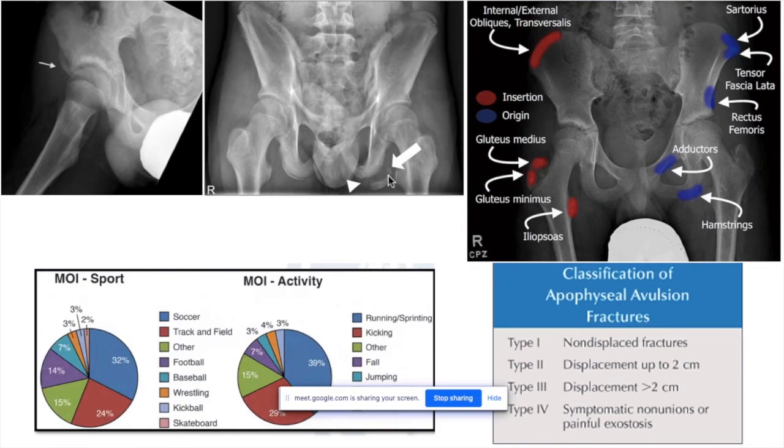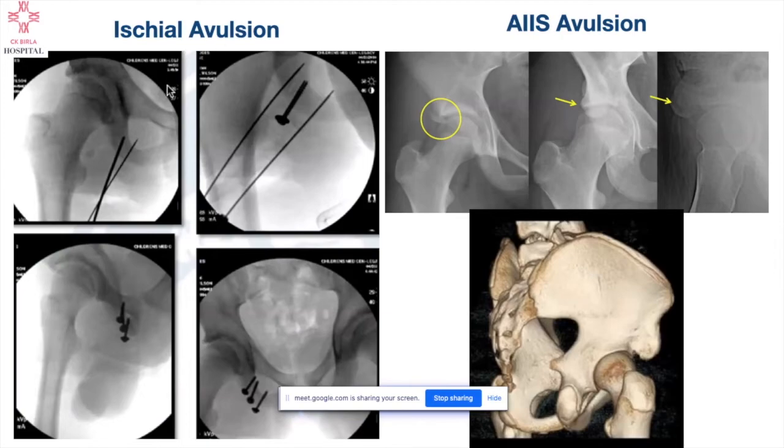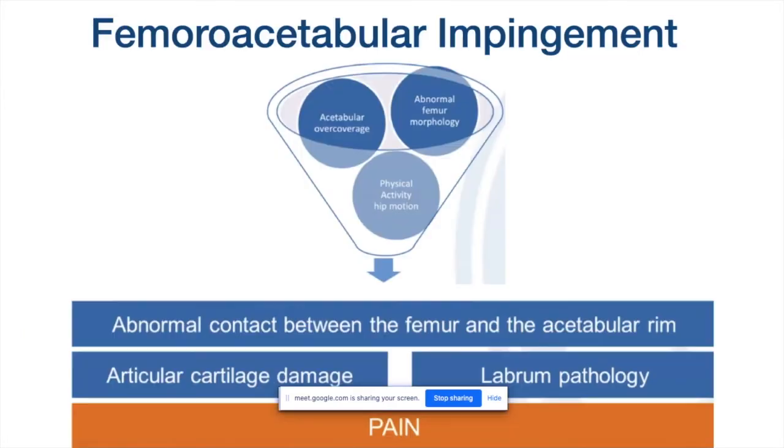They can be painful. They can cause hip impingement. Can have associated labral tears. So they need to be identified on X-rays, or even sometimes a CT scan may be required. Less than 2 centimeter displacement, we can just observe them. More than 2 centimeters displacement, we may need to fix them. Because AIIS, when it malunites, can impinge on the femur and cause a femoroacetabular impingement or a pincer kind of impingement. So we'll be going into that as well.